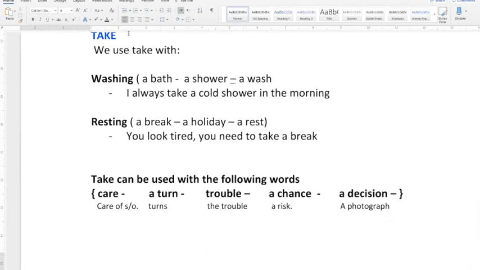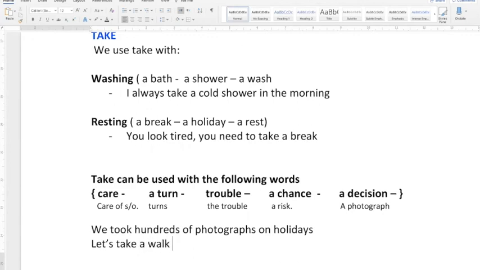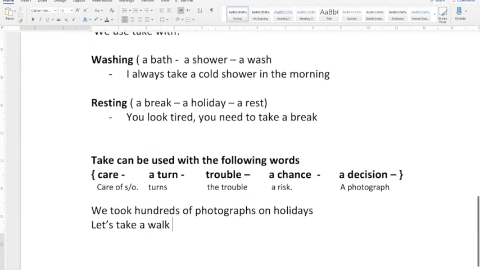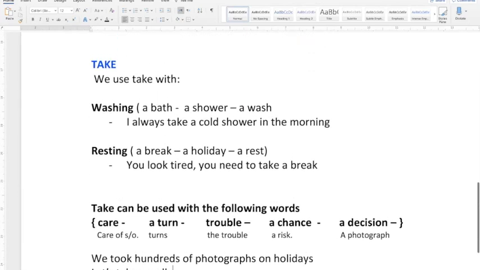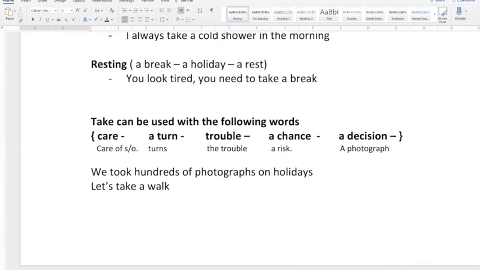Let's make some examples here. Let's make some examples with some of these verbs. For example, we took hundreds of photographs on holidays. Or you can also say, yes, we can say, let's take a walk. Let's take a walk as well. So friends, that is the word take. Let's move on really quickly and talk about another